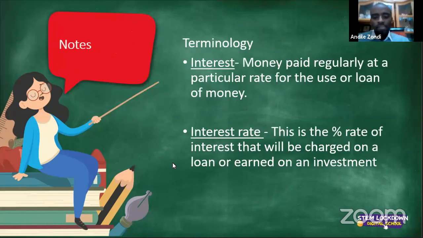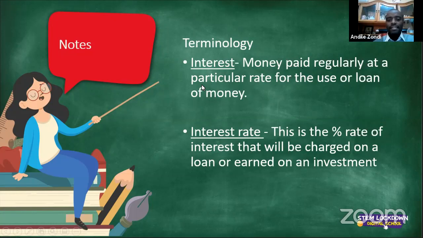Here are the terms that you must know. They always ask these terms at least once a year, so you should know them. The first one is interest. Interest is the money paid regularly at a particular rate for the use or loan of money. So interest is the amount of money that you will get for investing. And interest rate is the percentage rate of interest that will be charged on a loan or on an investment. In other words, interest rate is a percentage that is used to calculate interest, whereas interest is the amount of money that you